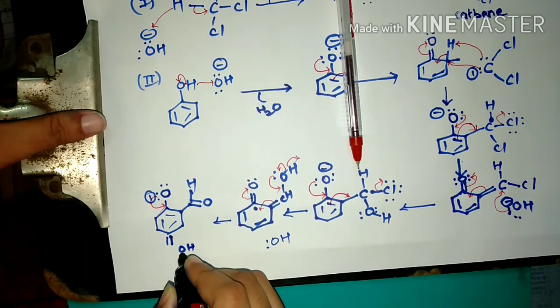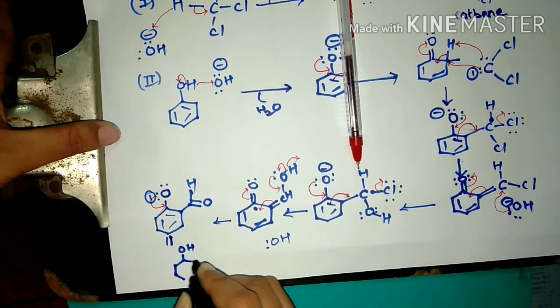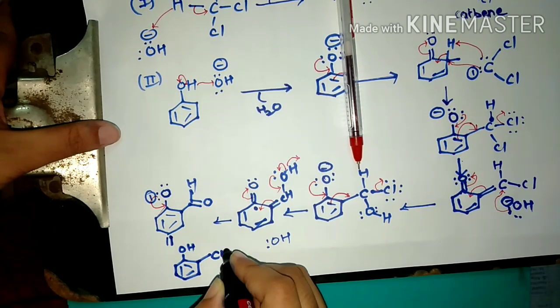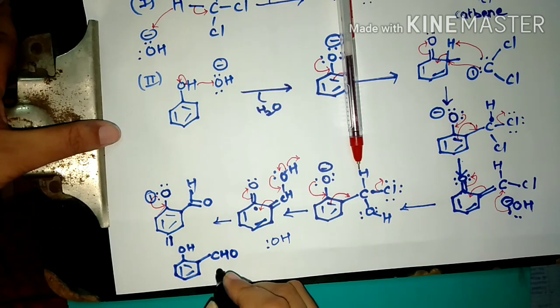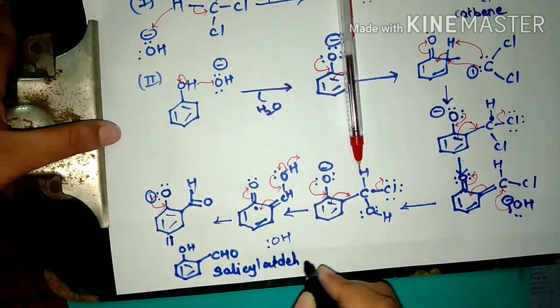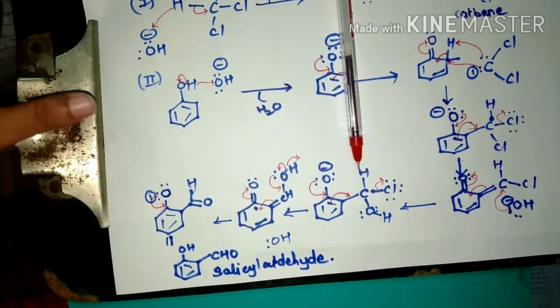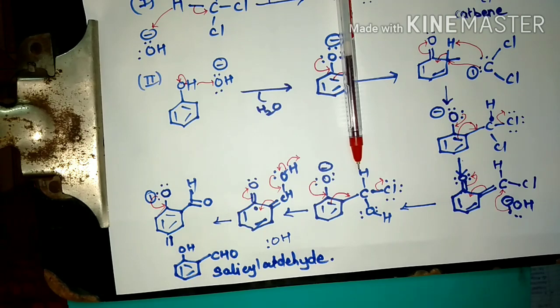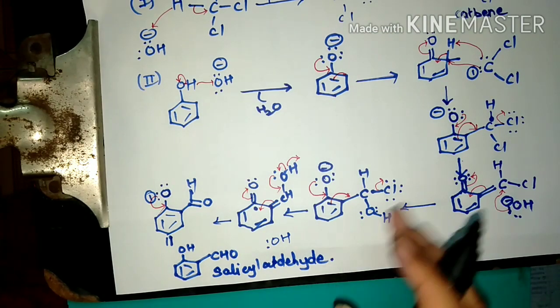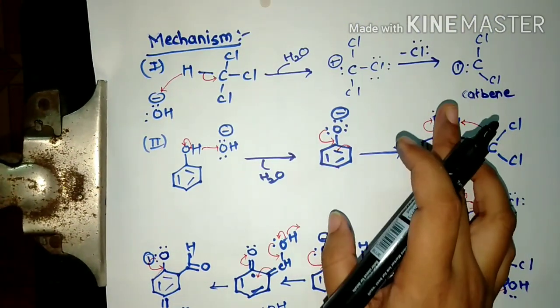Here phenol, and here CH, that is the formation of salicylaldehyde. So here your mechanism is finished. I will again explain the mechanism. In the first step, formation of carbene